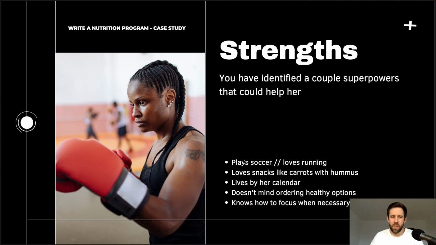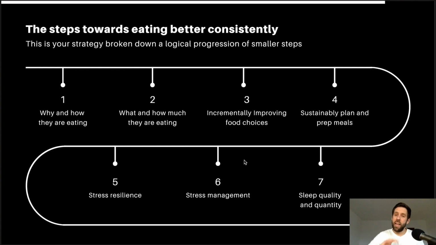And in the next couple of slides, we will explore how to use that. In the previous video, I laid out this mental map of how eating better consistently could progress from one step to another. For you, this map might look a little different. You may reorder, add something, or remove something. That's totally fine. But it's super helpful to have just one general map of how you would approach eating better